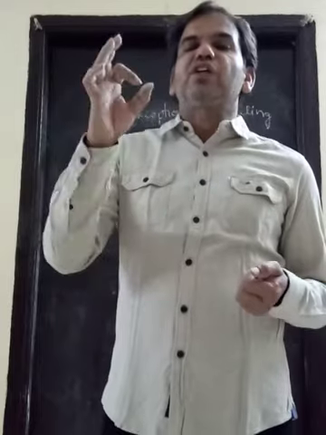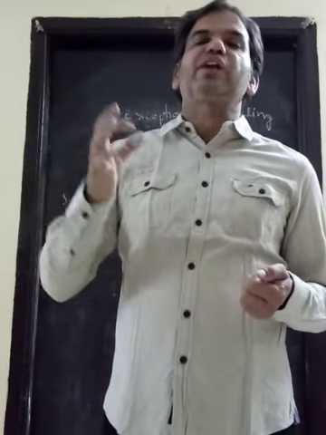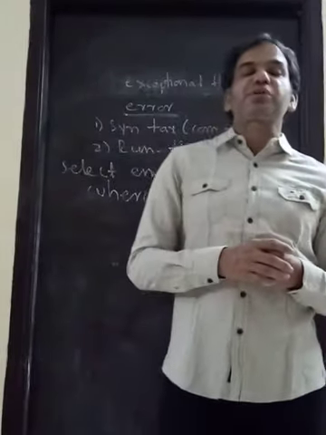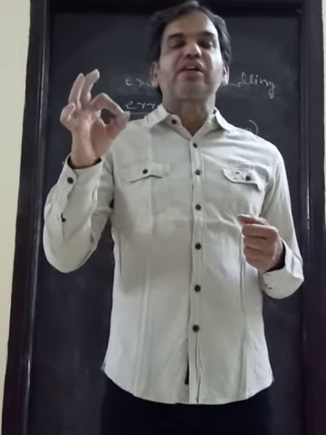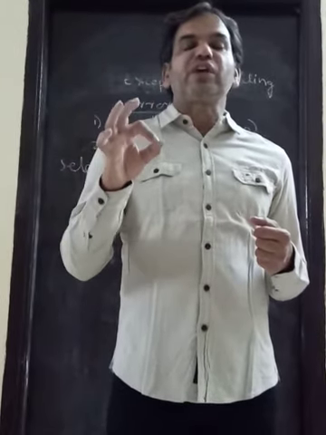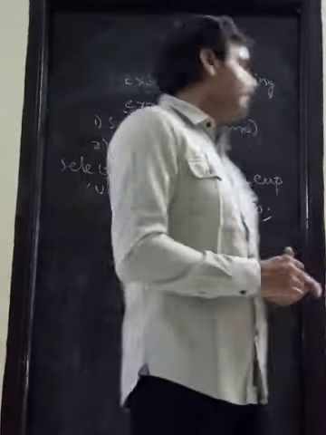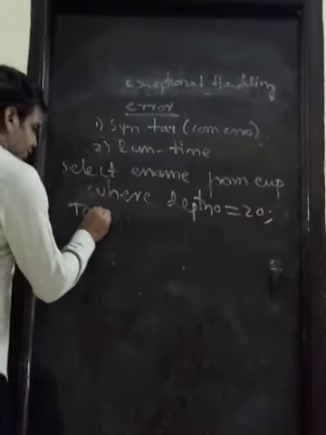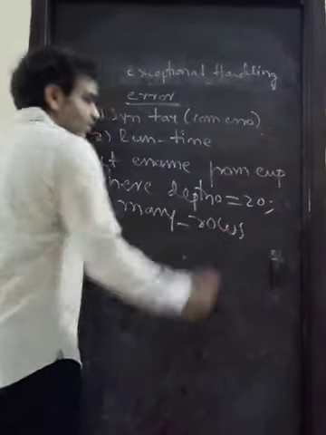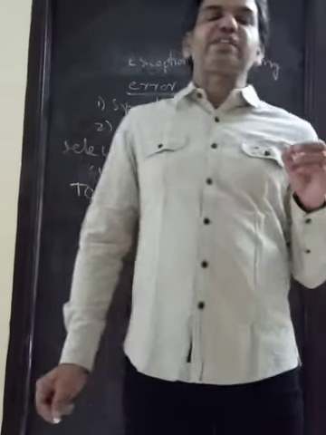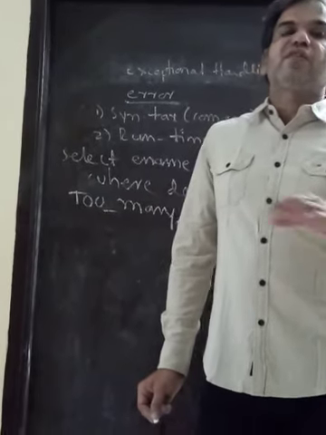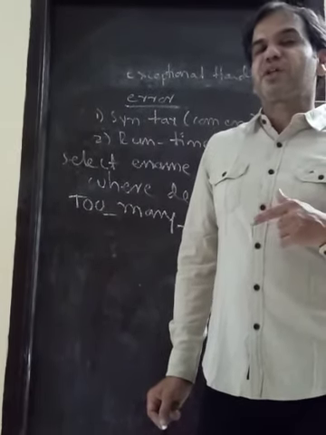At this time, if you want to display a proper message, we use exception handling in PL/SQL. So what is the need of exception handling? When runtime errors occur in a program, it will display some proper message. For this purpose, we use one of the predefined exceptions in PL/SQL, TOO_MANY_ROWS. It is one of the predefined exceptions, too many rows. When we access multiple rows from a table without a cursor, this exception will be raised.